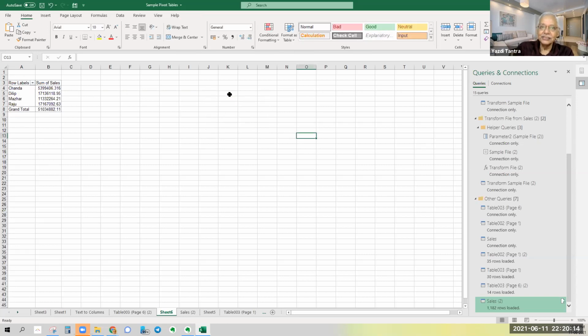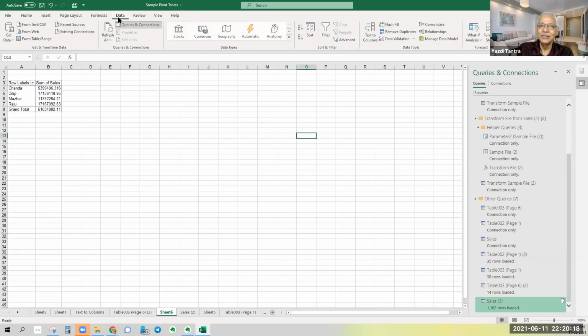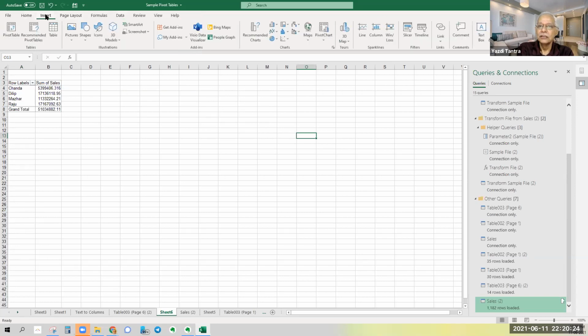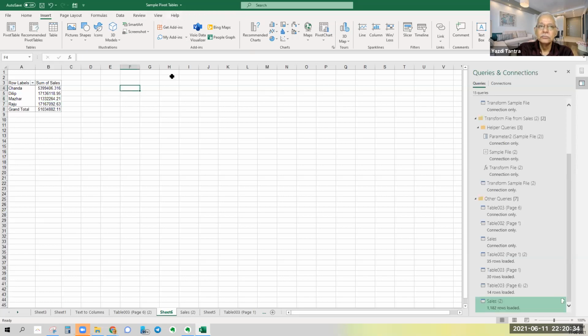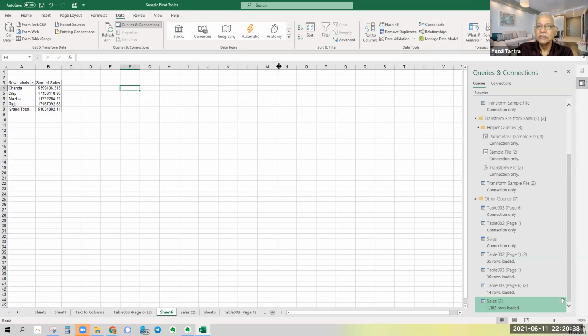Okay, so a slicer, again let's go through this. This is also an interesting part of this. Where were we? We were in the pivot table. You are already in a pivot table. Where did we see the slicer?